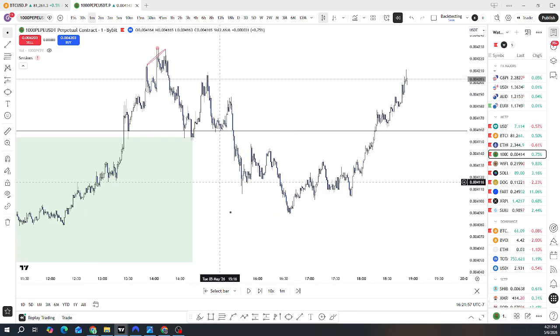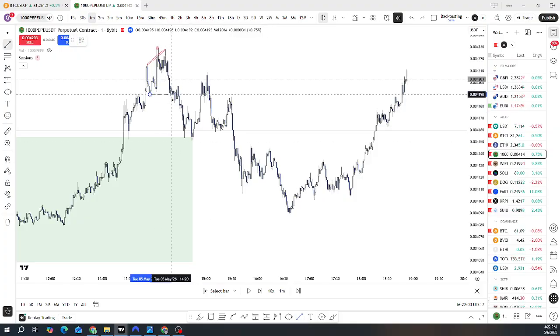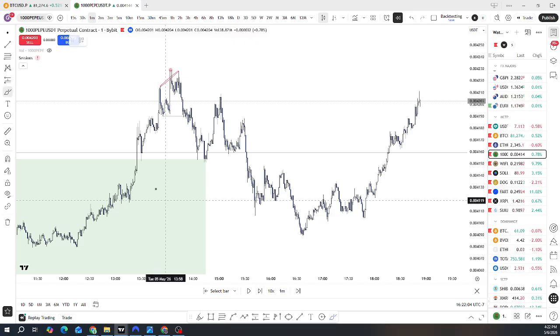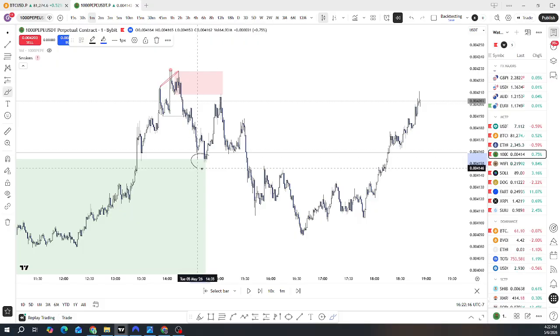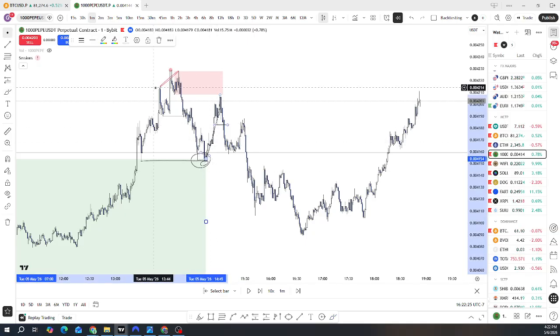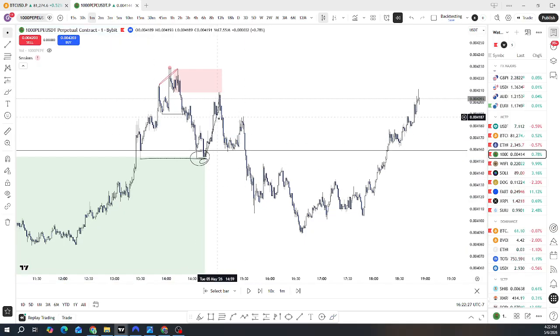Yeah, so we had this topping formation. We got a break, although I wasn't confident to enter yet on that break due to the demand below, although it was mitigated there. And then you can see that we had a supply creation within the topping formation, got the mitigation of the demand below that low, pushed up, broke structure again, but on that move up, still wasn't confident to enter there yet,